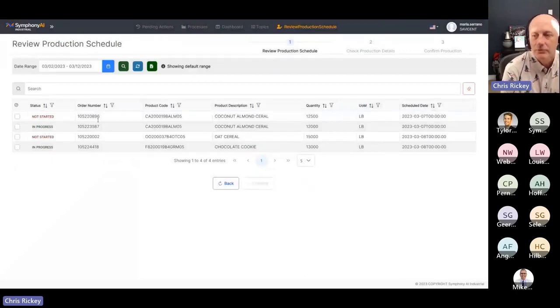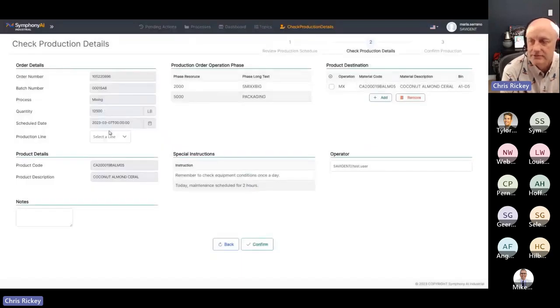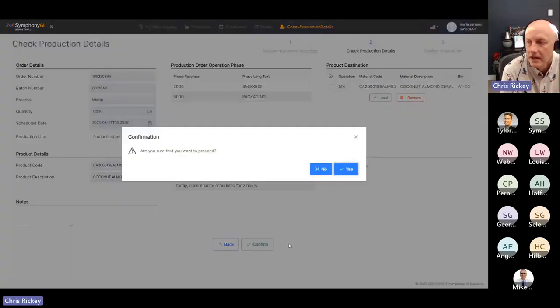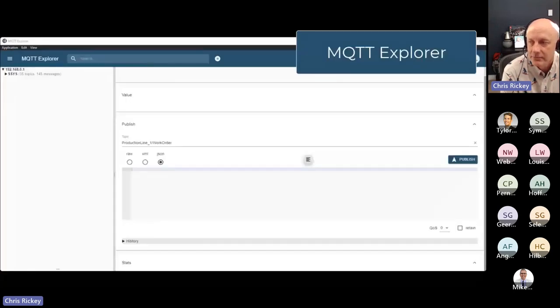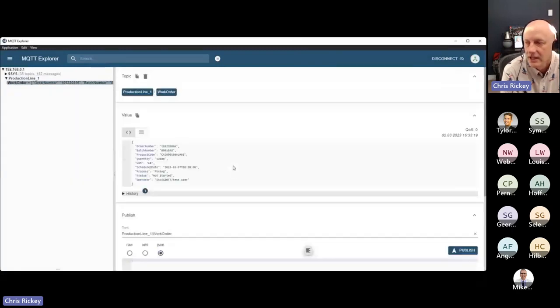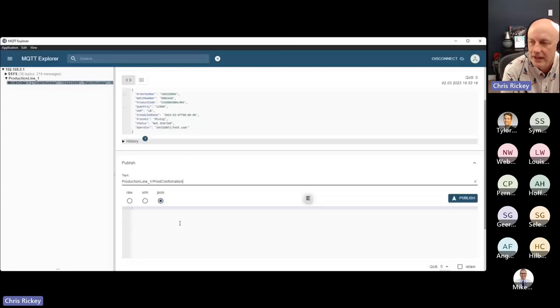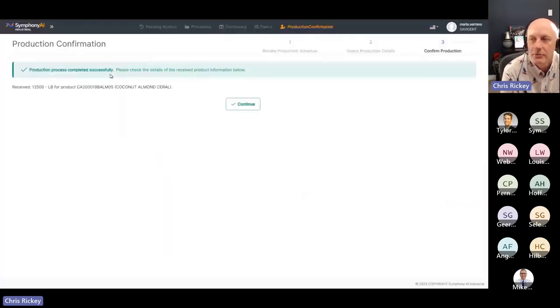So we'll do the same thing again. We'll dispatch another order to the same production line. We're waiting for the confirmation to come back from the automation again, but instead of doing it through OPC this time, we're going to go to MQTT and send an MQTT message. We'll paste in our message here and change it to the production confirmation message. Once we publish this, the IoT gateway will pick up that message. Let's get it published. There we go. And once that message is picked up, we'll confirm that production process